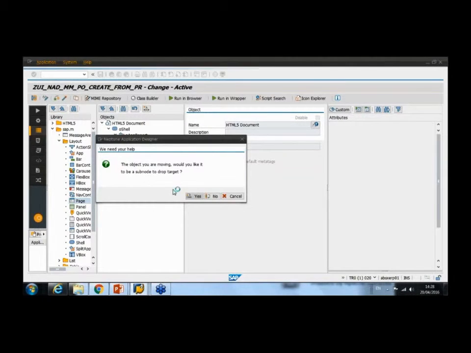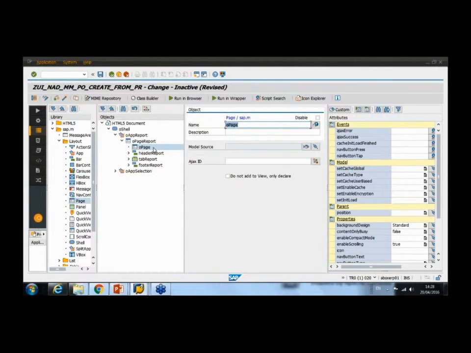So if I want to create another page, I would create that here. And what it does then is it gives me on the right-hand side all the attributes which have been defined by SAP for this UI element, as well as the events where effectively I would have to code what happens if I press a button, or, well, obviously it depends on the UI element. So basically this is the way to build up my application,